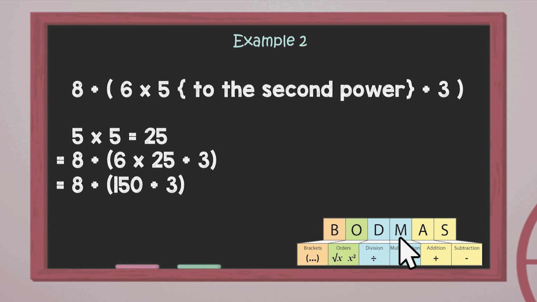As usual, we work our brackets first. 150 plus 3 equals 153. And in the final line, all we have left is 8 plus 153. And 8 plus 153 will give us a total of